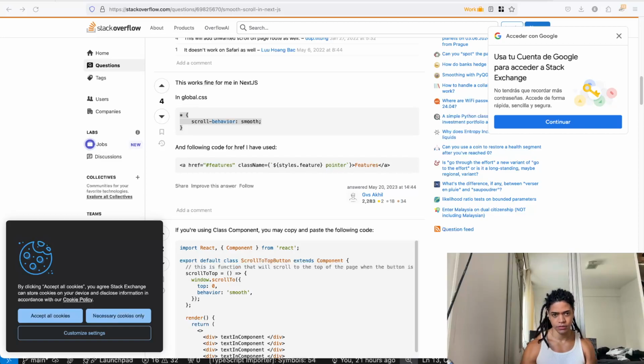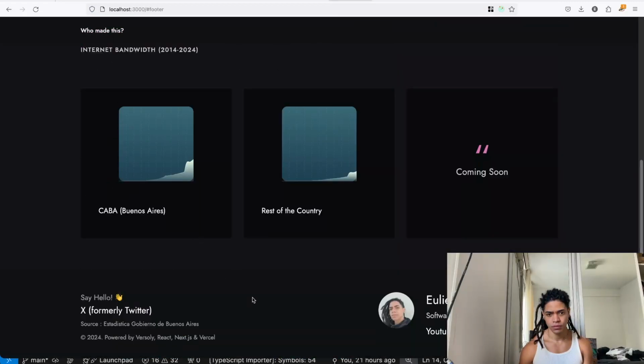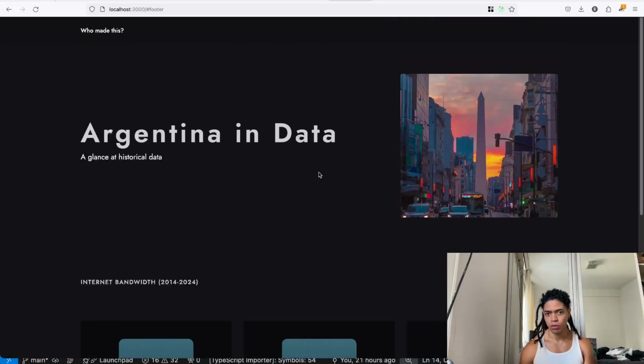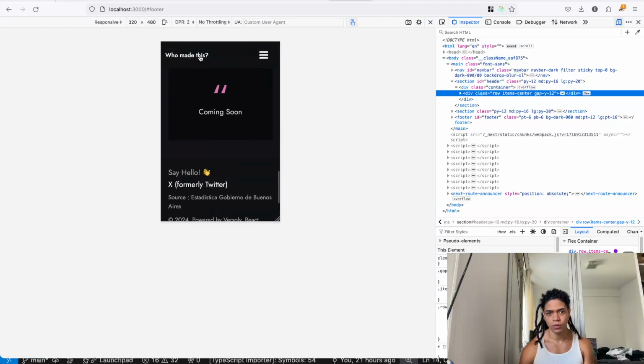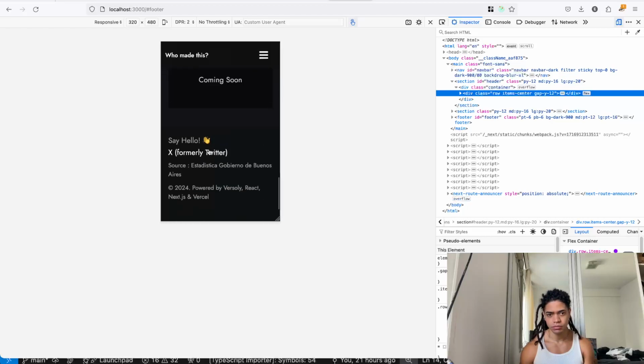When we add this, for example, we say this scroll behavior. Who made this? So in the mobile aspect here, you can navigate to that. Exactly. Okay, cool.